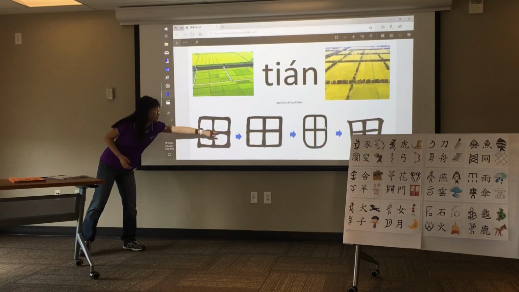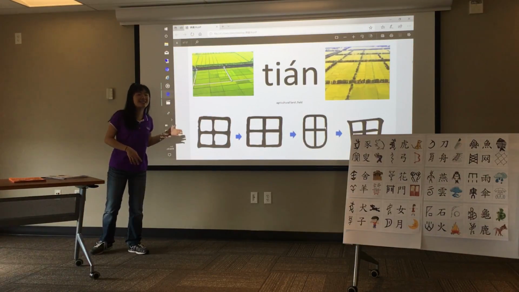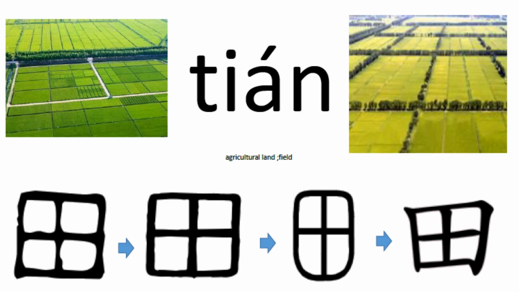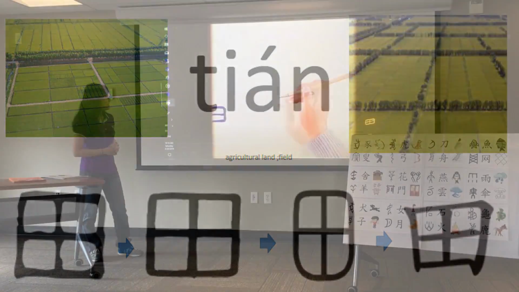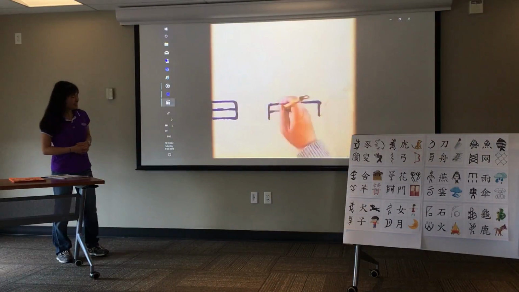So these are the rows of the fields. And over time, it still looks pretty much the same. And so this is a word for agricultural field or land, and it's pronounced tian. Tian. Yes. 不像农民伯伯种的田呢。 真像啊！